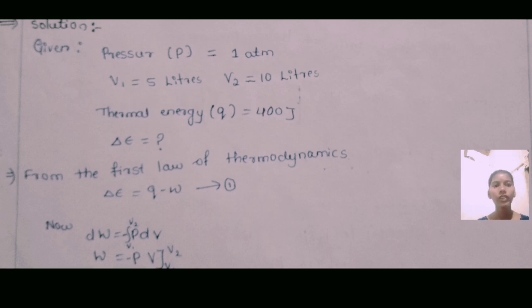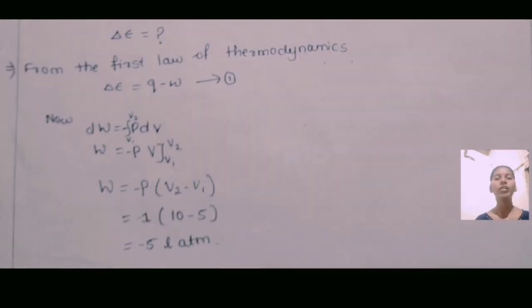From the first law of thermodynamics, delta E is equal to Q minus W. This is equation number 1. We know that dW is equal to minus PdV. Integrating on both sides, we get W is equal to minus P (V2 minus V1). Putting all the values in this equation, that is minus 1 bracket 10 minus 5, then it becomes minus 5